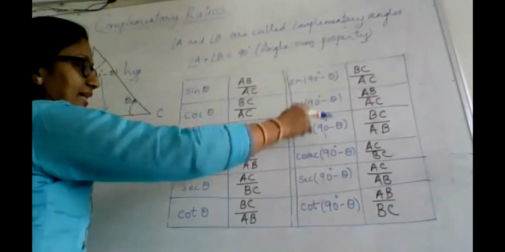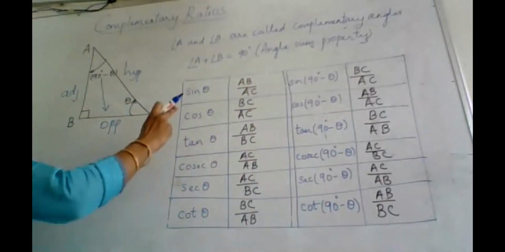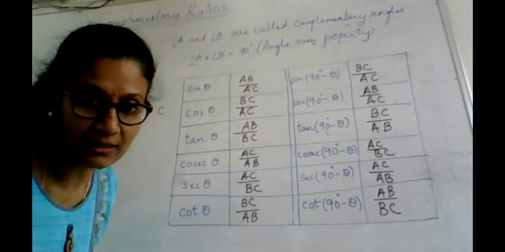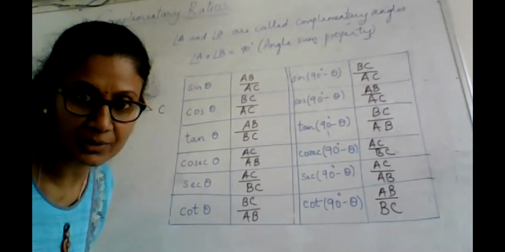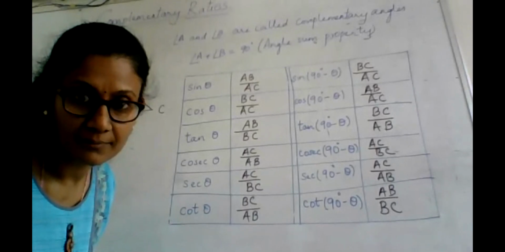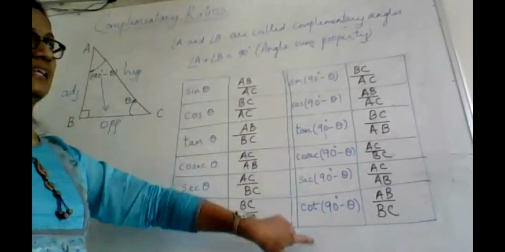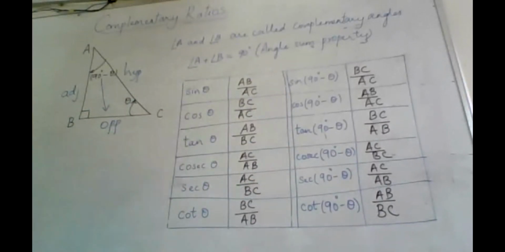Here, there are 6 plus 6, 12 ratios which we have already found, and hence we should be able to compare and tell. Among this 6 and the remaining 6, we have to compare and find out which two are similar. So that's exactly what we are going to do.